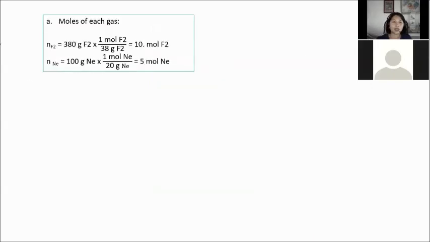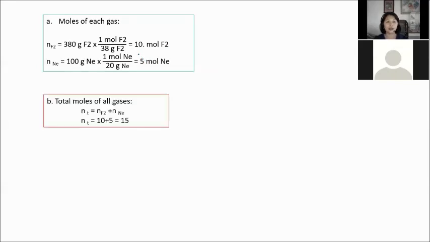Okay. So let us solve letter A, moles of each gas. The gases there are F2 and Ne. The mass of F2 is 380 grams, so we divide that by the molecular mass of F2. And then 100 divided by the atomic mass of neon. So that's why we have 5 moles F2 and 2 moles